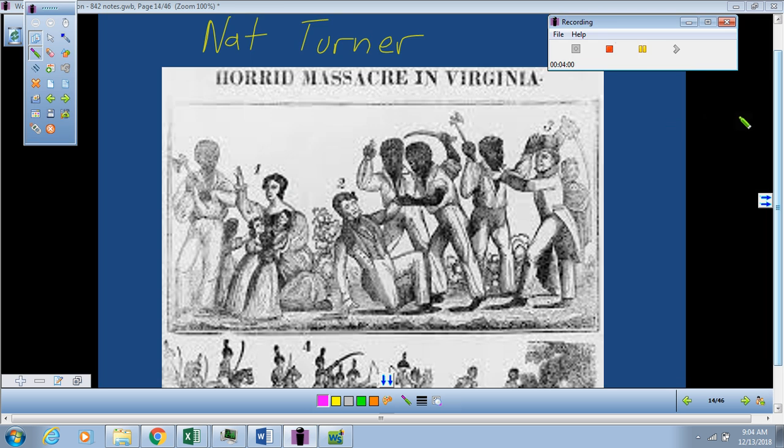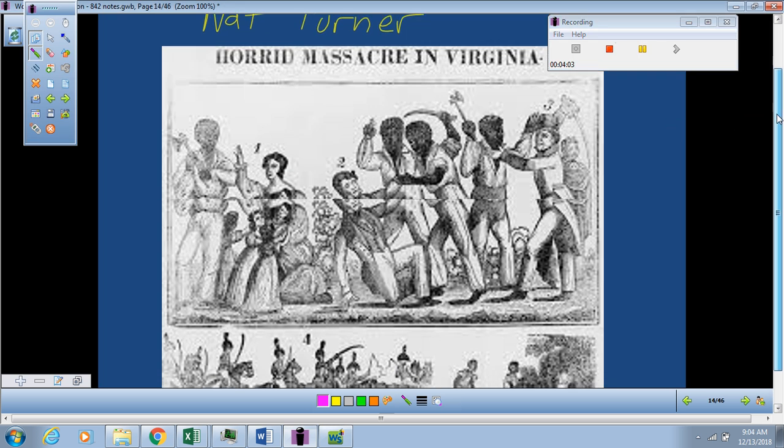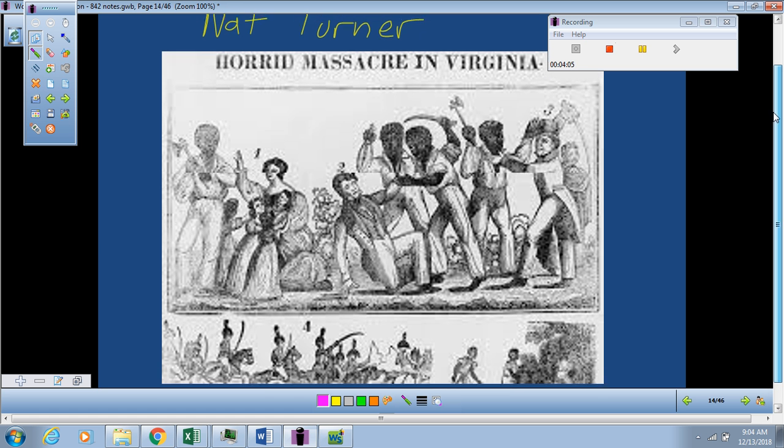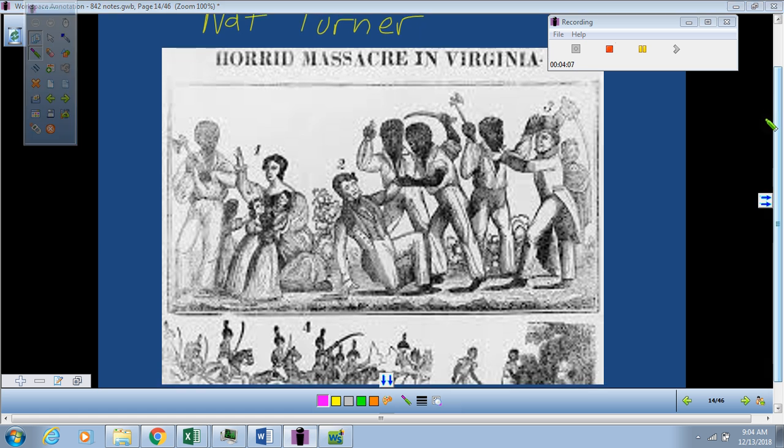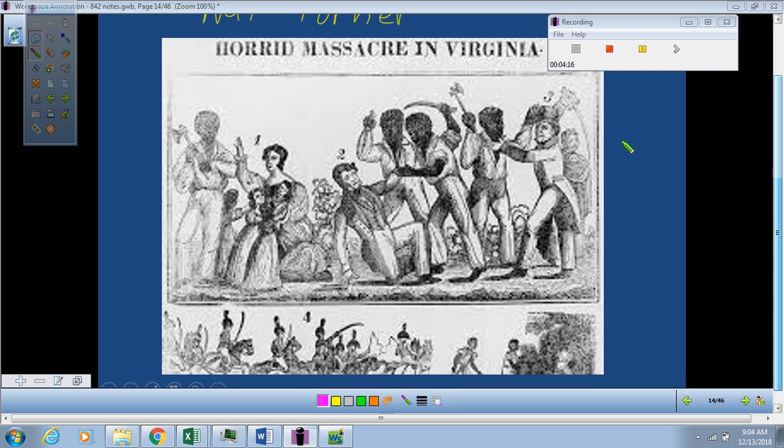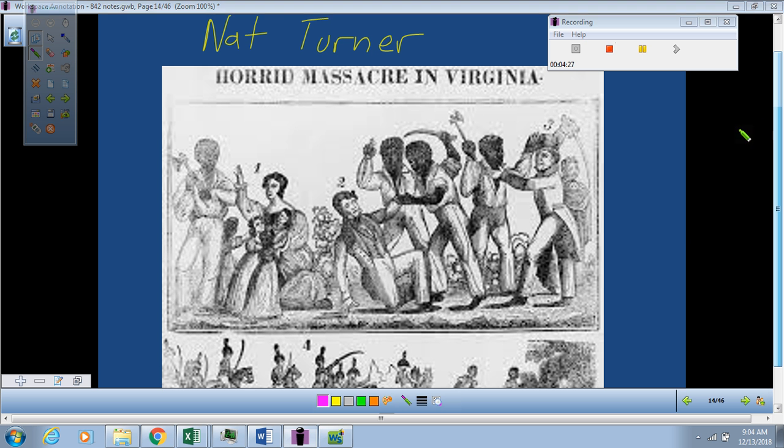I forgot to show you this newspaper clipping of the Nat Turner Rebellion, which shows the chronology of the rebellion, which increased sectionalism. It looks like a family was attacked, then the slave rebellion spread, then eventually there's resistance, and eventually a lot of death. But this event would increase sectionalism.